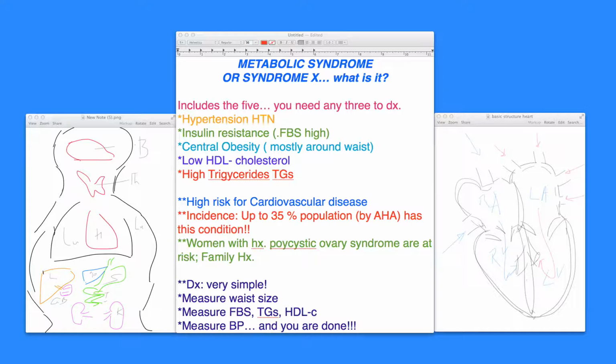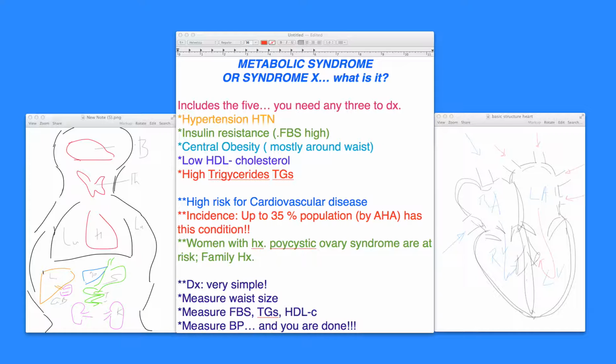Now, according to the American Heart Association, up to 35% of the population, depending upon which age group you're looking at, has one of these 5 conditions. So we have either already a diagnosed metabolic syndrome in those individuals, or, because all you need is 3 out of the 5, there is a high risk for metabolic syndrome as is. So 35% is a huge number in the population. So we have to be very, very careful and aware as to what we're dealing with in our systems.